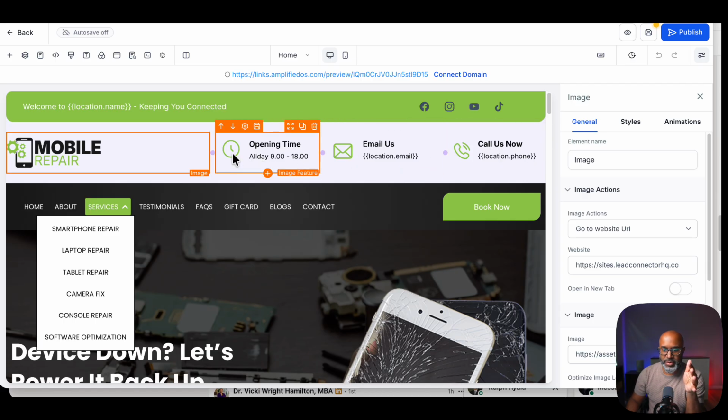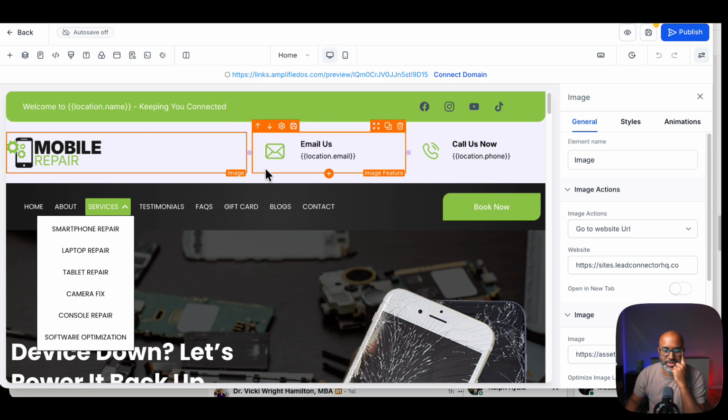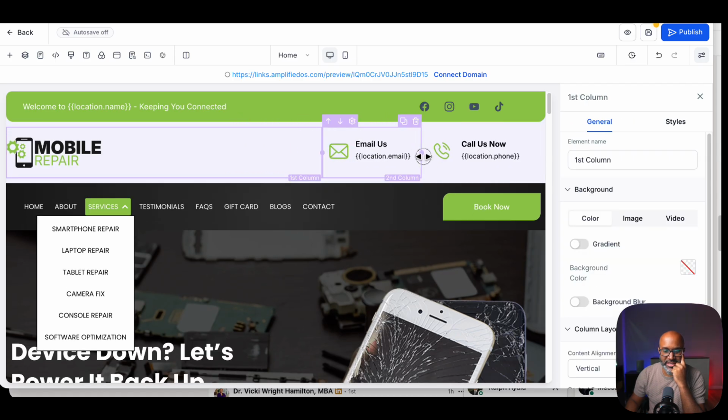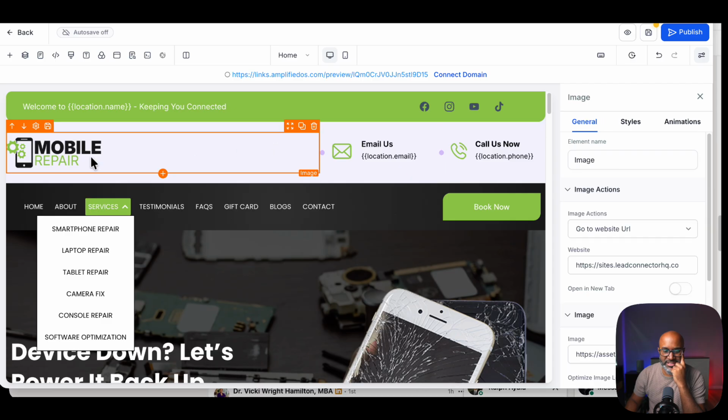There are a couple components to this menu. If you wanted to delete certain parts of this, you could, right? So like with certain businesses, you might not have an opening time or a closing time. So you could delete some of this stuff and then you could move this over so that it still kind of fits. So again,